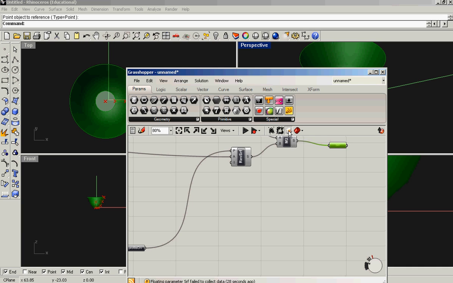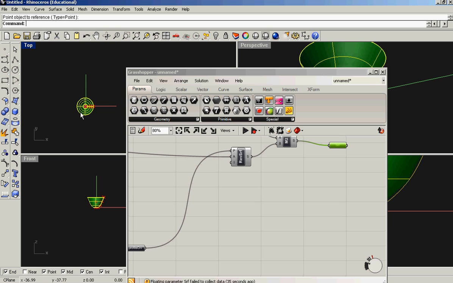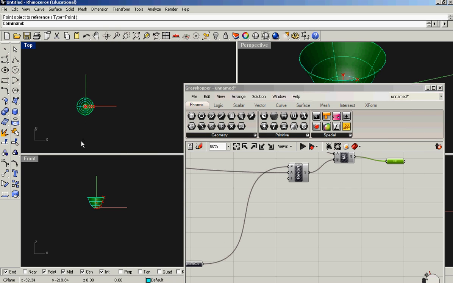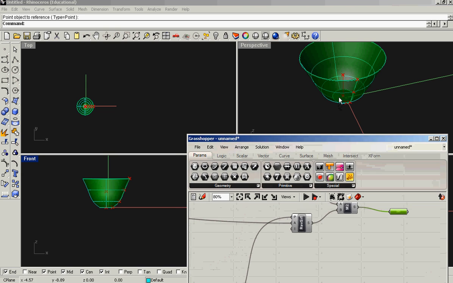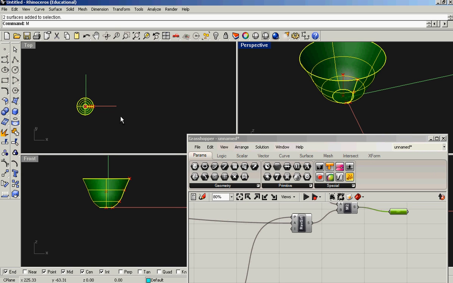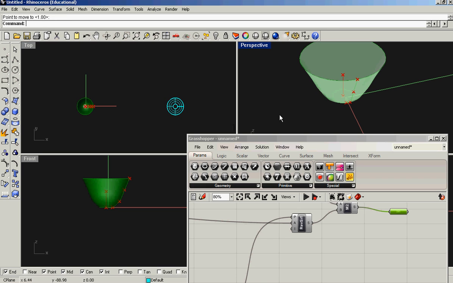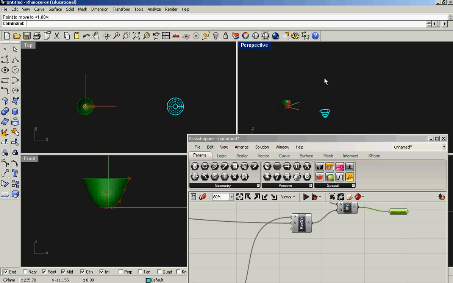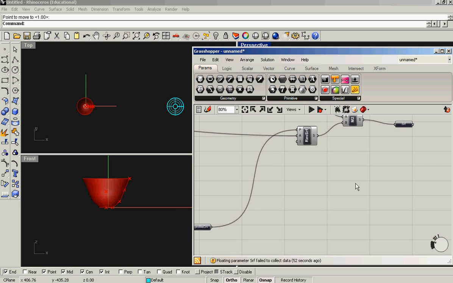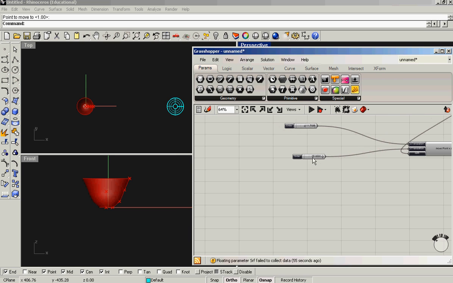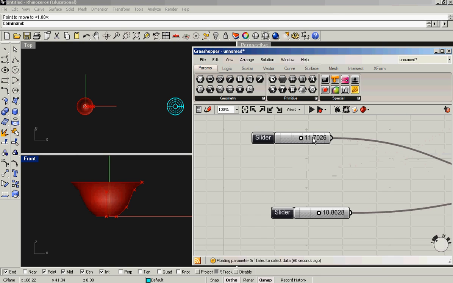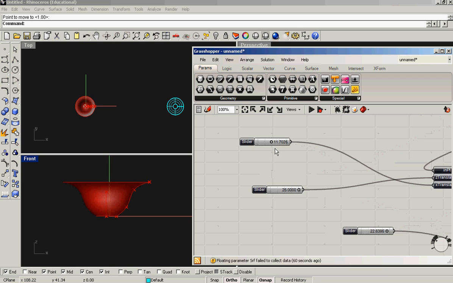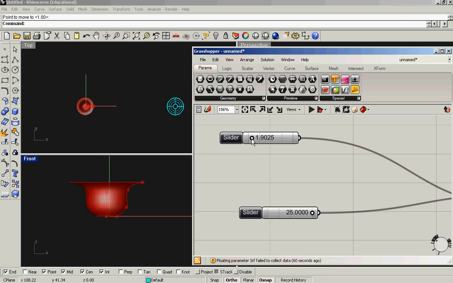If I click on that, it takes my parametric object and it makes it no longer a parametric object, but a Rhino object. And I can select it and I can move it. I can move it over here. And now when I go back and I change it, if I decide that I want something a little bit more, I don't know, a little bit more squat, and a little bit more slender,